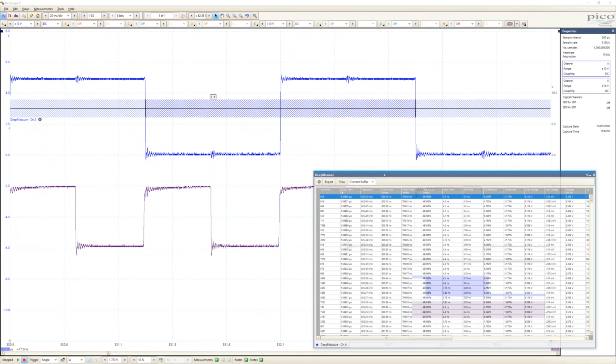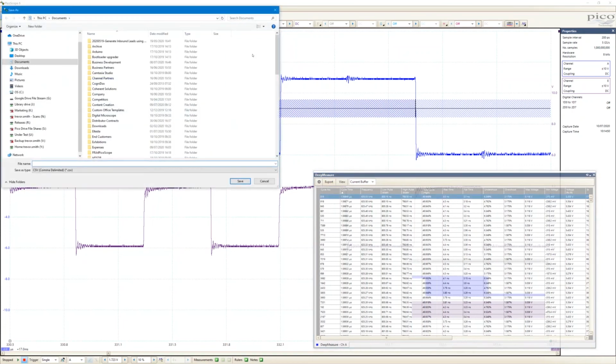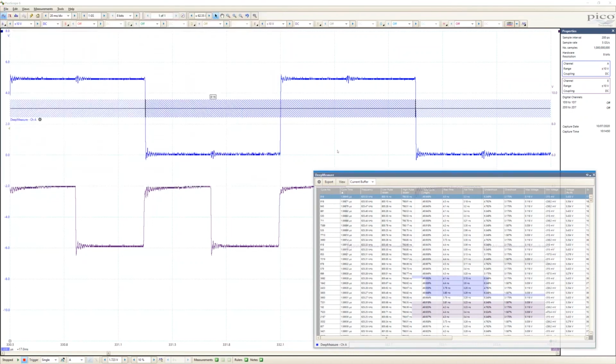Now what you can do as well, of course, is to export that data. So we can export the information from the deep measure table into a CSV file that can then be analysed statistically offline to look at the characteristics of a long duration test.